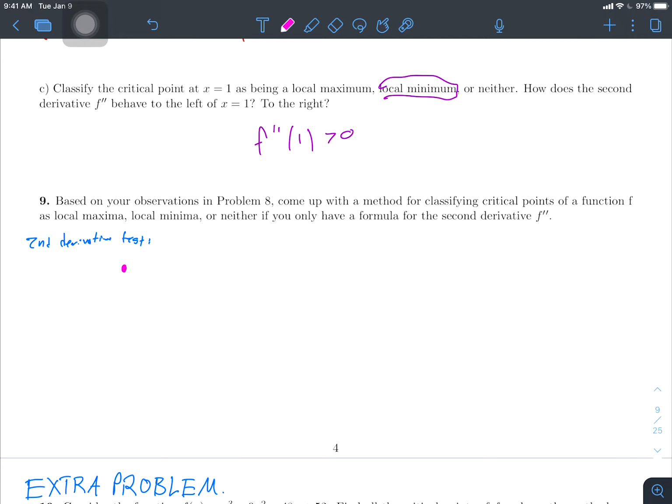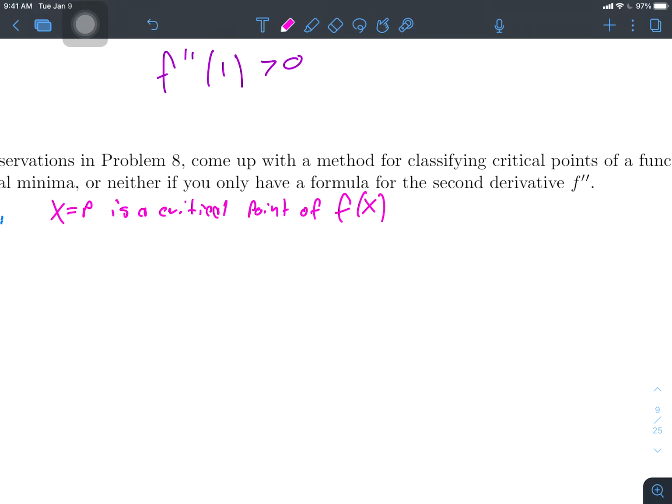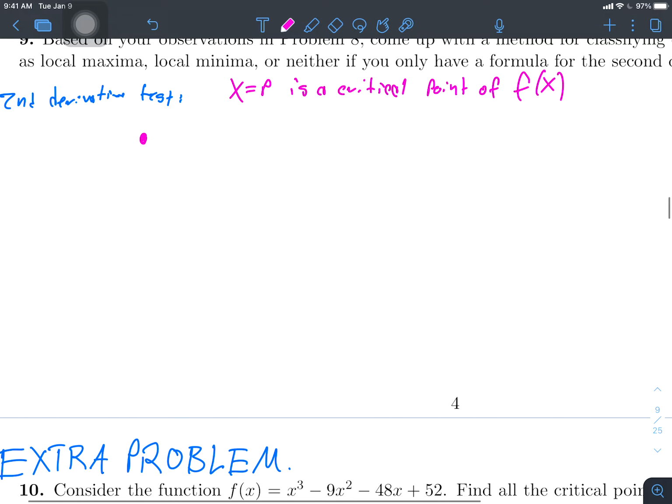So let's say x equals p is a critical point of f of x, meaning that if I take the derivative of f and I plug in p, I either get 0 or it doesn't exist. So p is a critical point of f of x, then